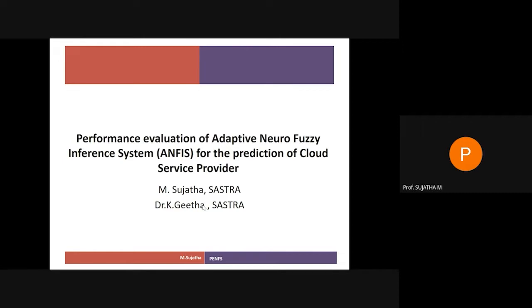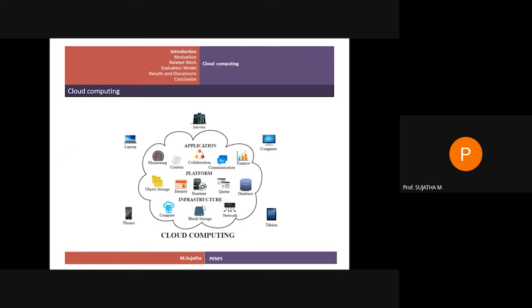I'm going to present the paper, Performance Evaluation of Adaptive Neuro Fuzzy Inference System for the prediction of cloud service provider. Actually, the first and foremost thing is why cloud computing became popular nowadays. The number one reason is they are providing computing resources for enterprises or for personal use on demand, on a monthly rental basis. So whatever we use, we pay for it. If we are not using it, we don't need to pay. These kinds of facilities are available in cloud computing, so many enterprises are moving to